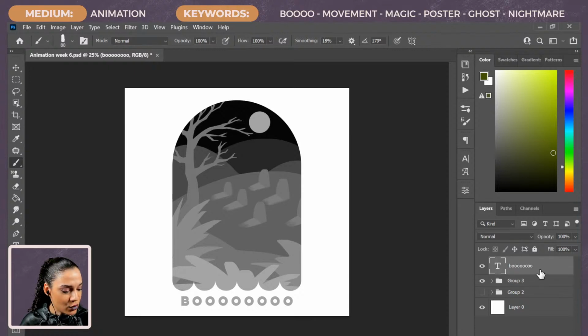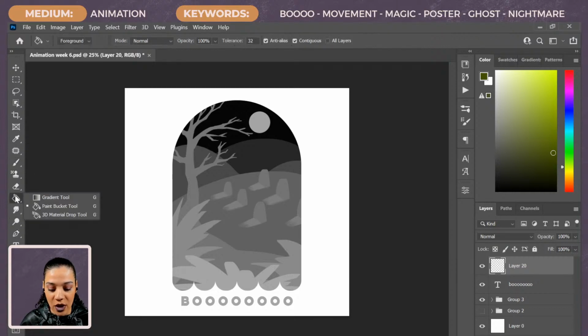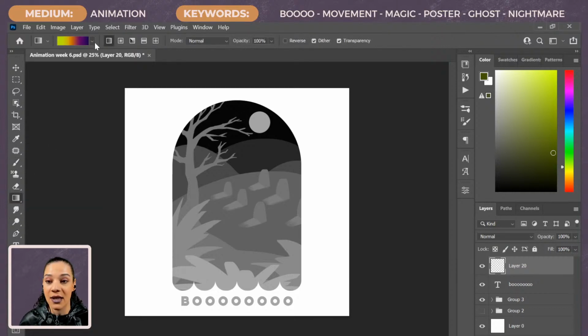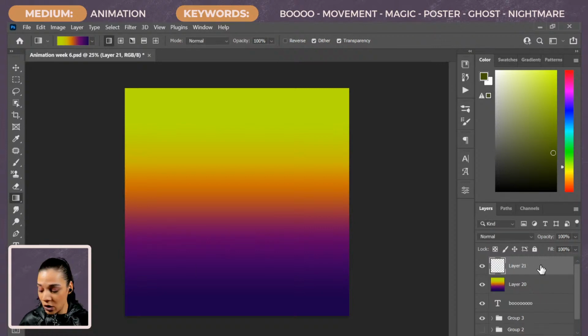And what I'm going to do is snag a gradient that I have. I'm going to make a new layer here, because I do actually have some cool colors already selected from the interesting gradients in my gradients folder. So I'm gonna just drag this out real quick and we're gonna sample from here, because I really like these colors, and we might even pull some new colors in. But I'm gonna make a new layer on top of that.